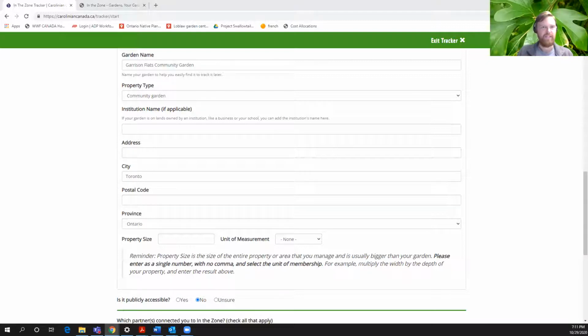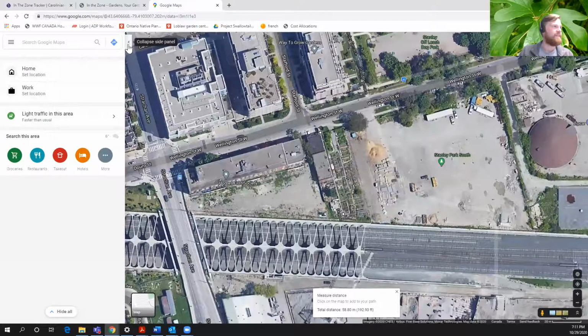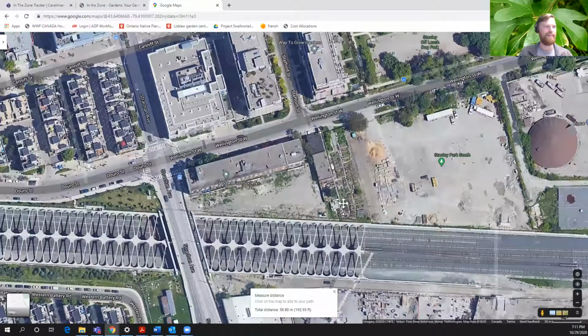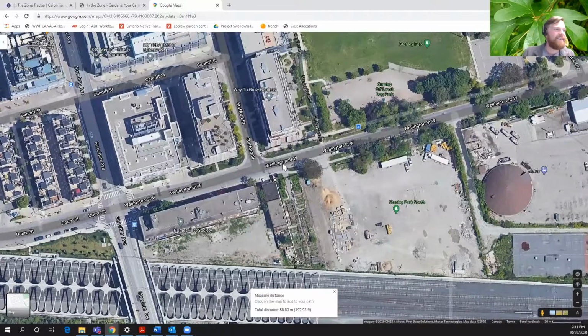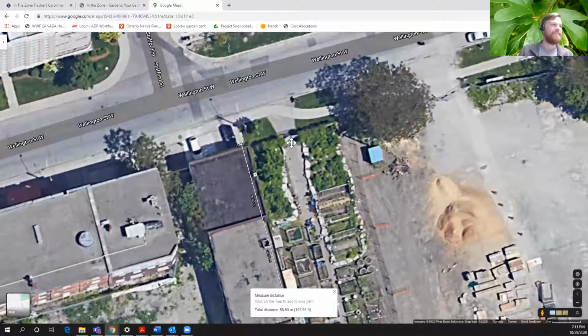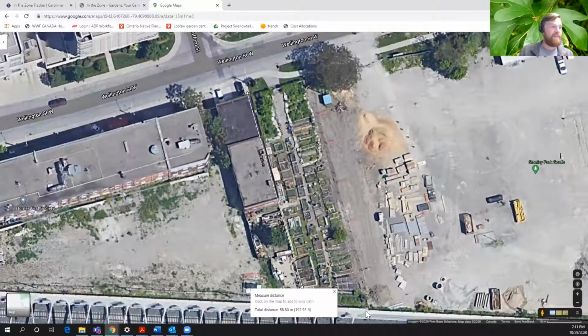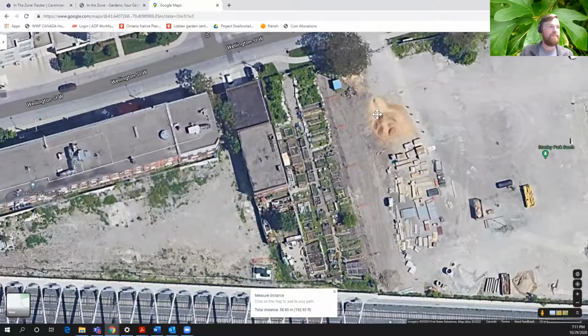So let's just zoom over to here. Google Maps. Everyone has access to Google Maps. And right here on Google Maps, I'm going to zoom in on my community garden. So this is an example of a site that is part of the Project Swallowtail.